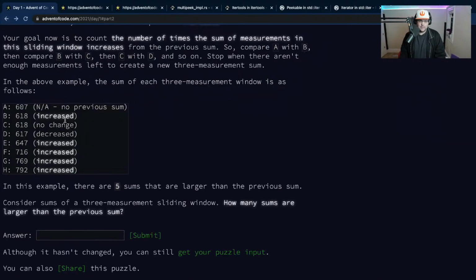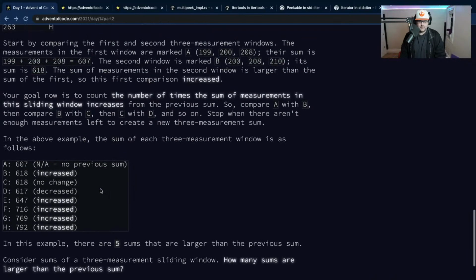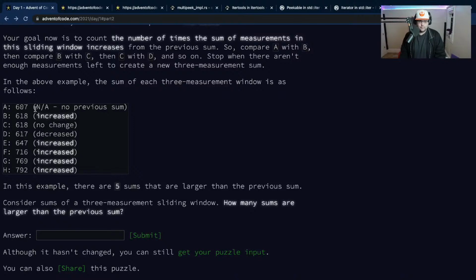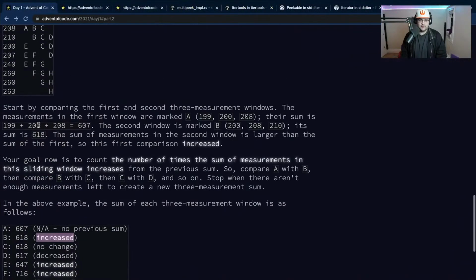That's not the right... Am I putting this in the day one answer or something? All right, let's print out the test and see if we get this right.